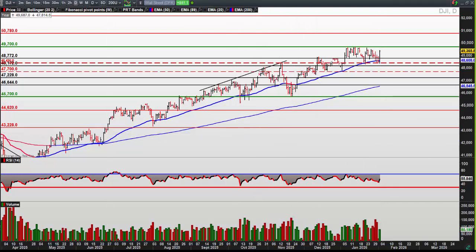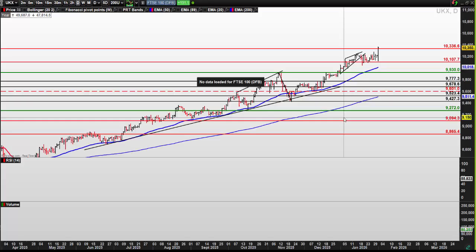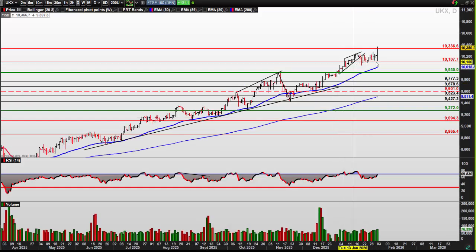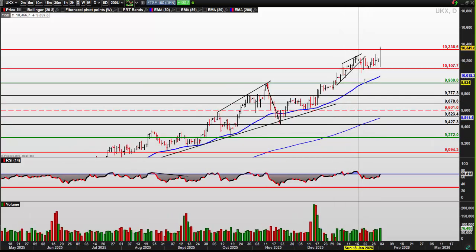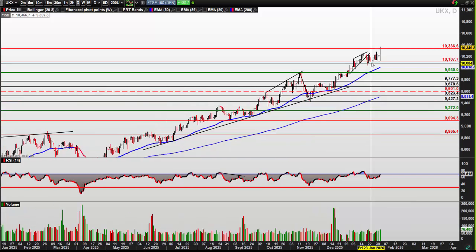FTSE has been very resilient as well, as you'd expect. Yeah, FTSE slammed into some support this morning from the 25th of Jan, and that's shot up. So it showed great strength. Now any pullback to 10,200 is a buy, with a stop under 10,100 to see if that can go and find 10.5 plus. Who knows? Maybe even 11.